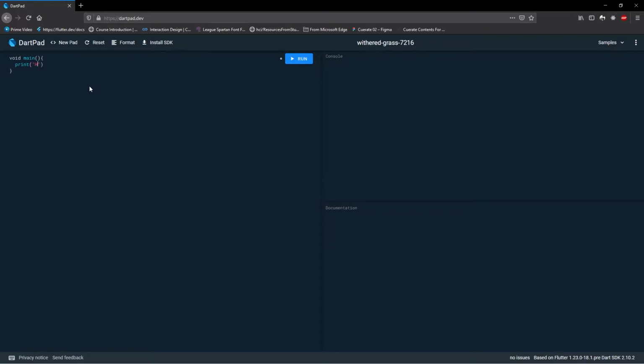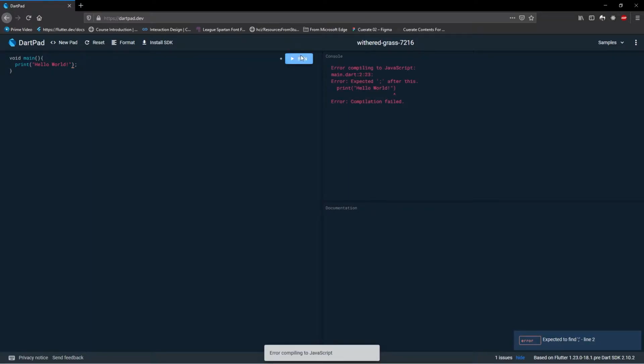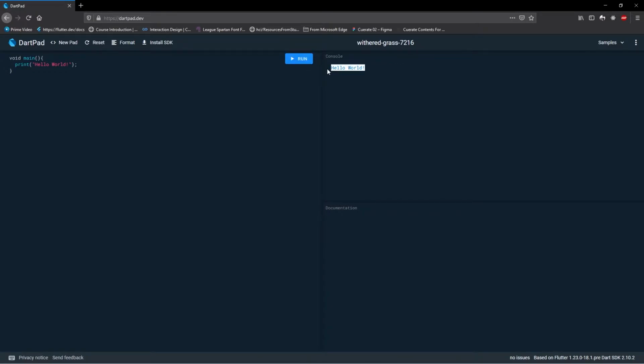So, print hello world. All right, and then when we run this, okay, there's a missing semicolon. Oops. Right, when we run this, it prints hello world. All right, so this is how you write a very basic program, a main function and the function body. Now let us cover some basic things called data types and variables.